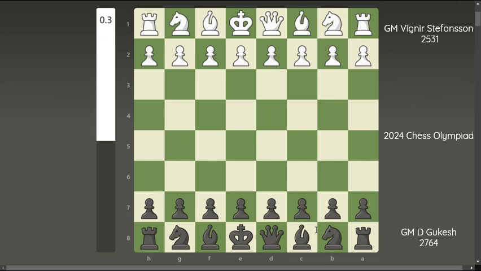Today's game was just played on the 12th September 2024. This is the 45th Chess Olympiad Round 2. White side, the 21 years old Icelandic Grandmaster Vignir Stefansson. Black side, 18 years old Indian Grandmaster Gukesh, the youngest to reach a rating of 2750 and the youngest contender